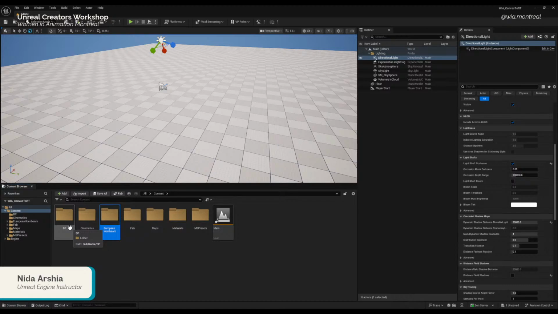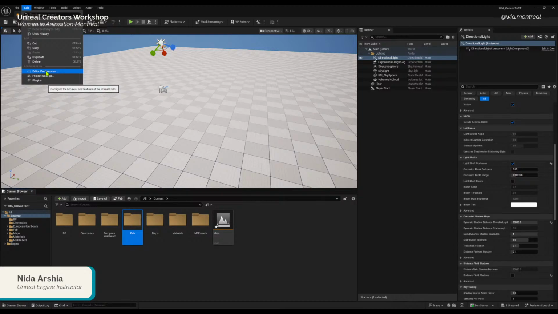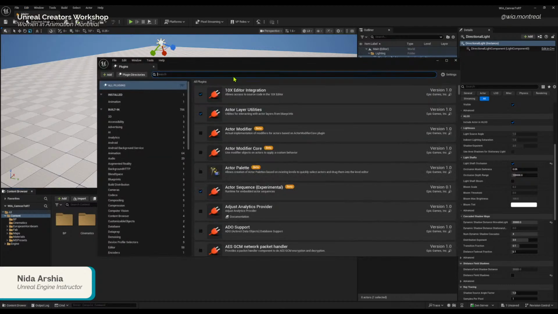Then we have a few more things that are very important when we are starting our work in the engine, and you might not be changing anything, but it's good to know that you have some preferences, project settings, and plugins. So right now, the template that I'm using is a blank template from the films domain.